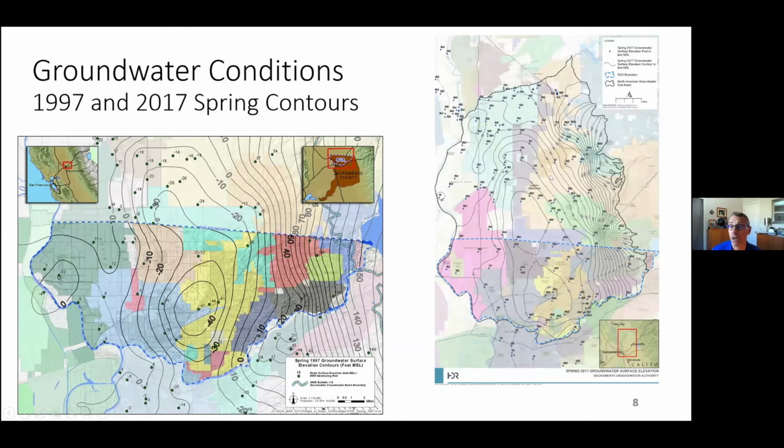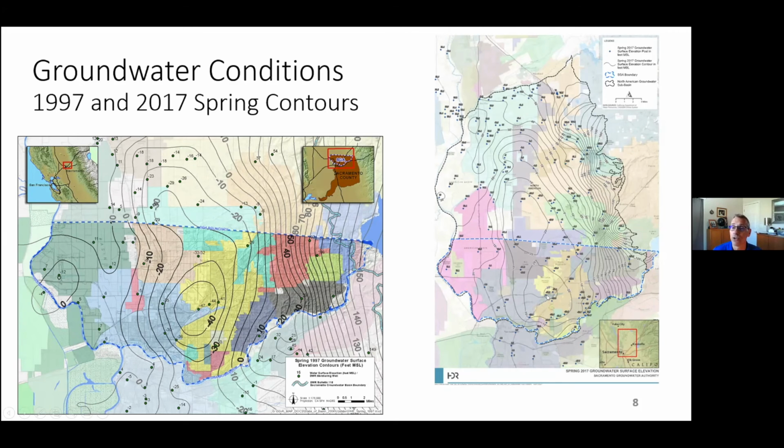If we look at contour maps, we can get a picture here for how the basin has changed through time. How has it been behaving over the last couple of decades? So on the left is a contour map showing a pretty extensive cone of depression centered right around McClellan. And we can see here that the lowest elevation we experience is 47 feet below sea level, minus 47. Fast forward to